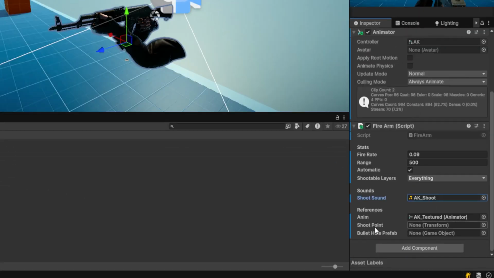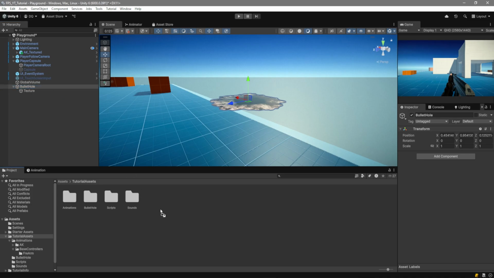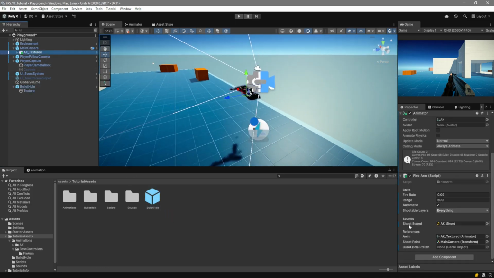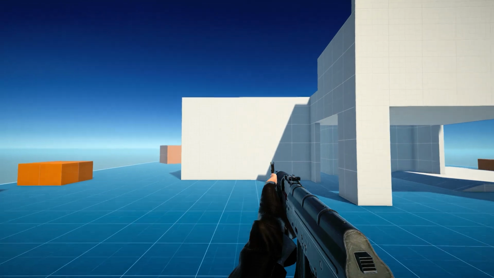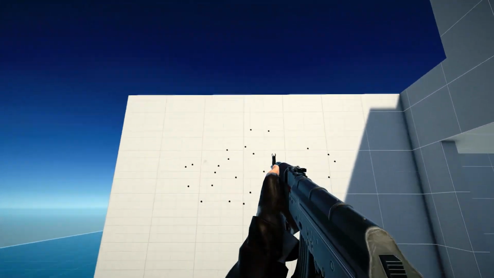And down here for the shoot point, I am going to use the camera. And for the bullet hole prefab, I forgot to make a prefab out of the bullet hole. So just drag that over here and then select your gun and go ahead and drag it in. In the game view, if we shoot, you can see it plays the sound, the animation, and spawns the bullet hole. We have a fully